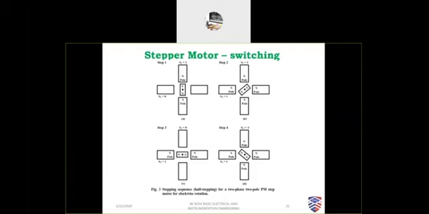Now look at it here. Case step 1: S1 equal to 1, S2 equal to 0. That means no pole; north and south poles are available in B1, B2. So S1 is 1, N, so it attracts the south pole of the permanent magnet, and it stays like that. If S2 equal to 1, as already said, B2 will become the north pole. So north and north, it attracts the south pole. So it is in the 45-degree direction.